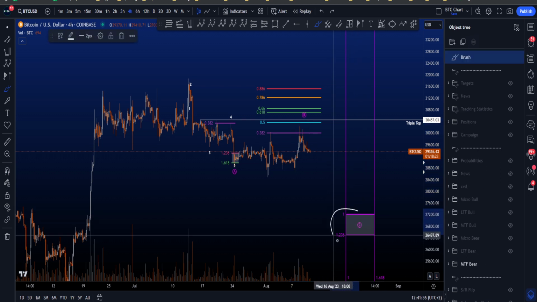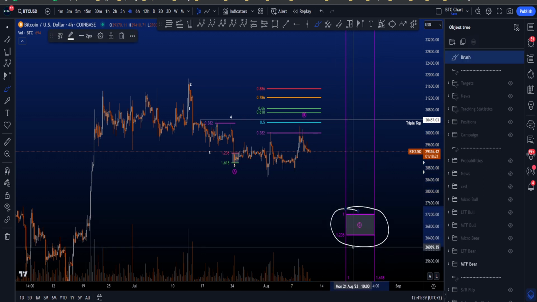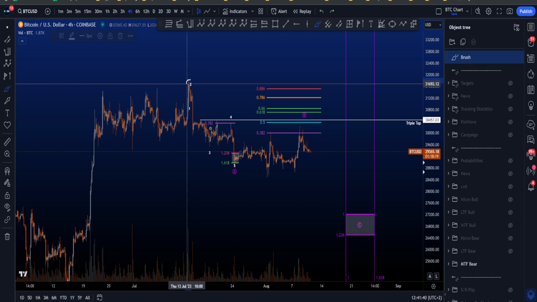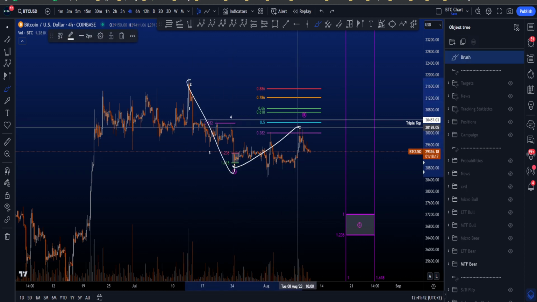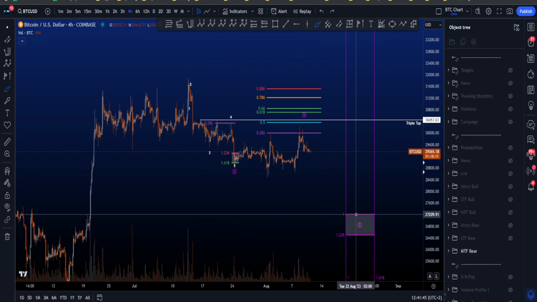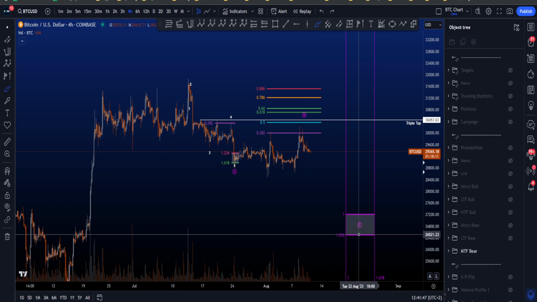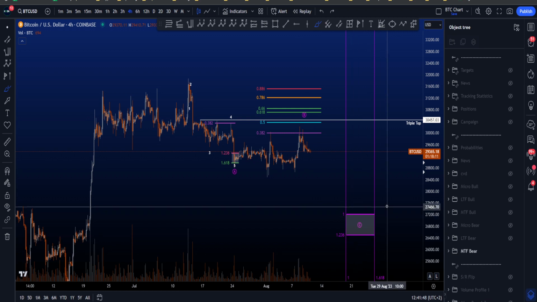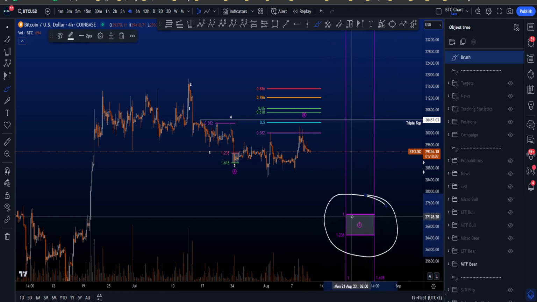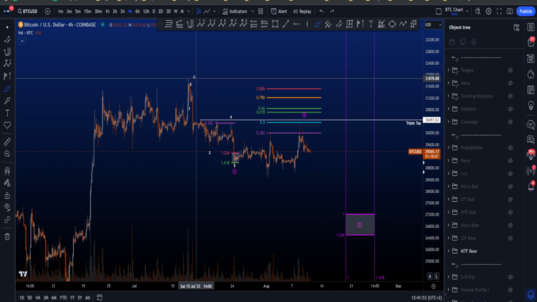in wave C, where the most common target for wave C is between the 1 and the 1.236, taken from the high to the low of A to the current high over here for B, which is between 27.2k and 26.5k. Now you also see that I have vertical lines on my chart, and these are fib times taken from